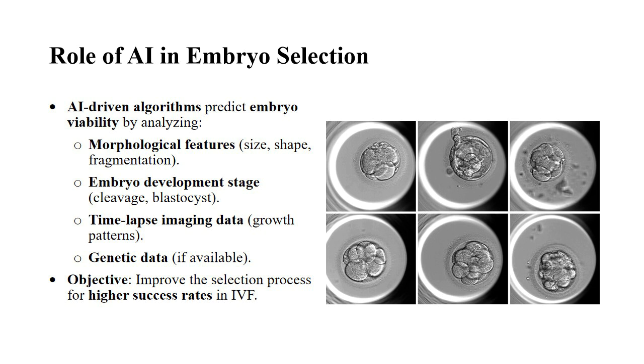B. Implementation of AI-driven algorithms. Data collection: large data sets from embryo imaging systems, time-lapse systems, and patient records are collected to train AI models. Algorithm training: the AI system is trained on these datasets to learn the patterns that correlate with successful pregnancies. Prediction: once trained, the AI algorithm can predict which embryos are most likely to result in a successful pregnancy, allowing for better informed decisions during embryo transfer.